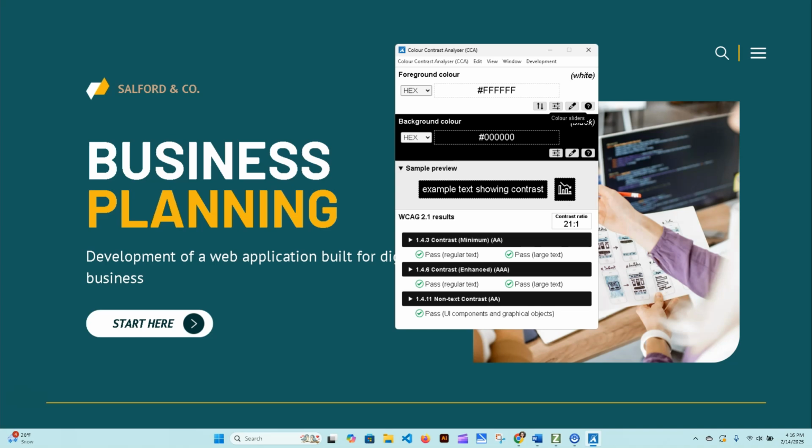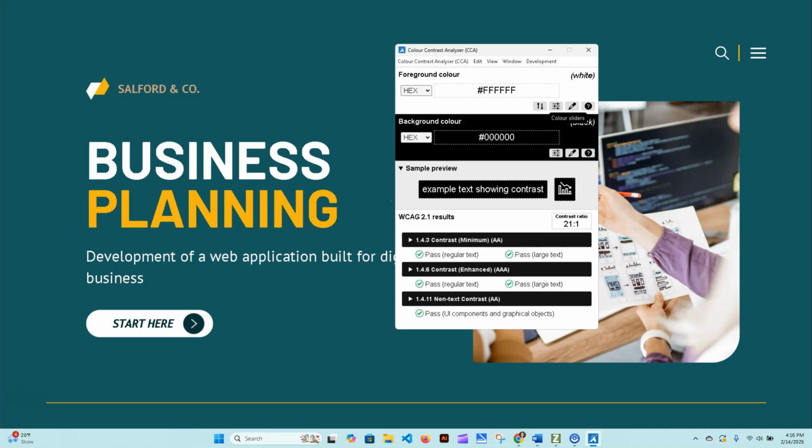And then we have, and we're not going to get into this in this video, 1.4.11, which is non-text contrast level AA. So we're not looking at that today, but that's for another time. But what we want to do, we know here we have some white text and then we have some yellow gold text over a kind of teal color.